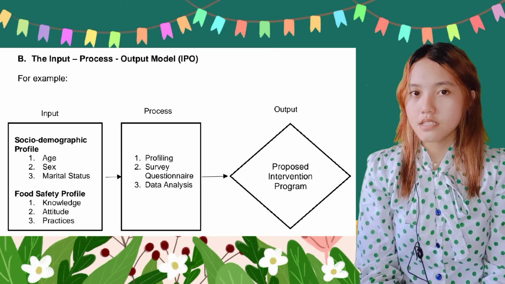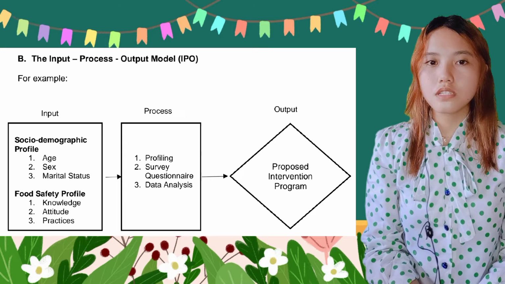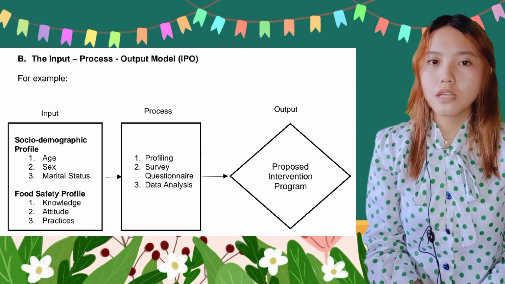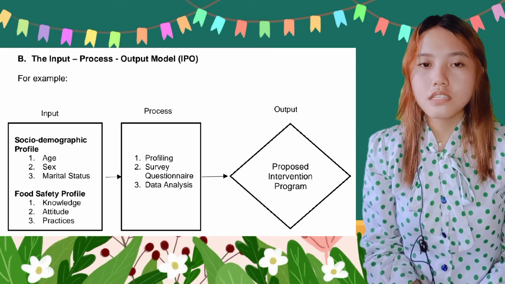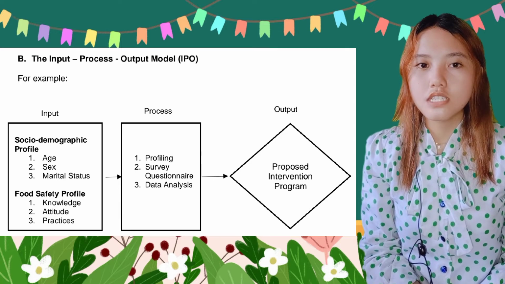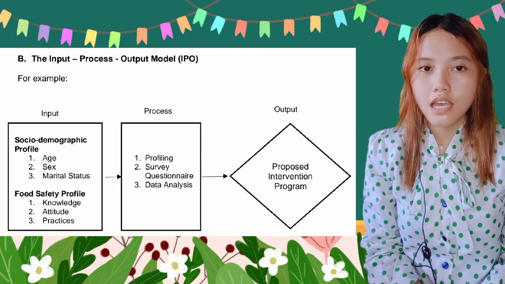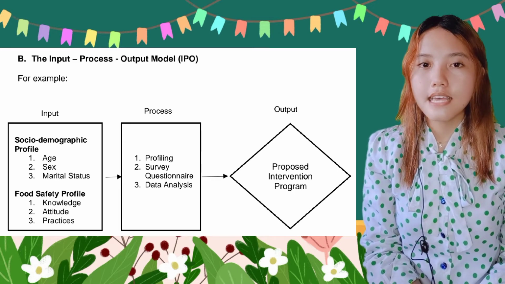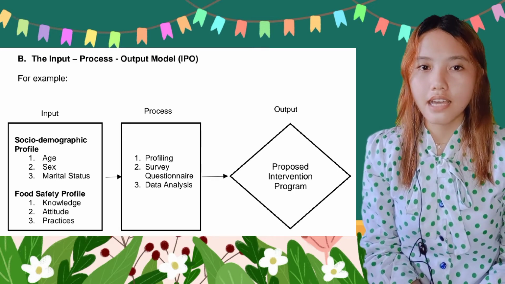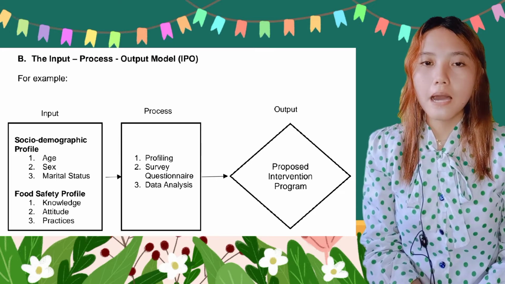academic performance. This conceptual framework shows the input, process, and output approach of the study. The input is the independent variable, which includes the socio-demographic and food safety profile of the respondents. The process includes the tools and analysis in gathering the data, while the output is the outcome based on the